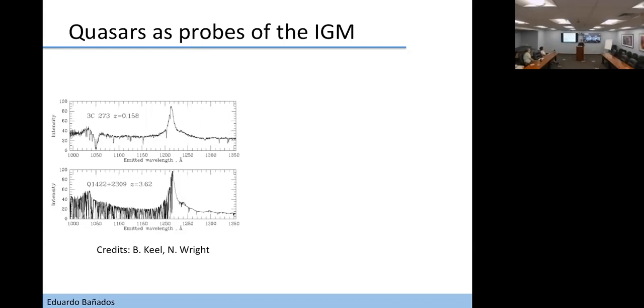This is relatively simple to understand when you think these objects are very far. If the object is farther away, the light has to travel more to reach us. And on its way, it will encounter galaxies, clouds of neutral hydrogen, and all of that information is imprinted in the quasar spectrum. So they are powerful tools because we can have an idea of what is between us and the quasars. Now if you take this to the extreme, and you go all the way to redshift 7,